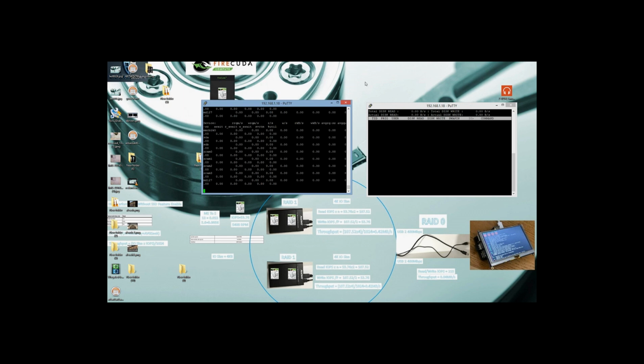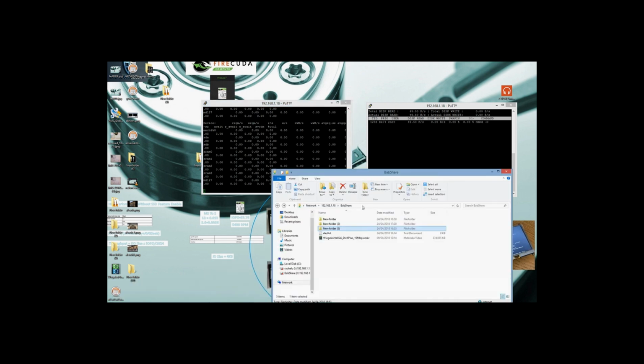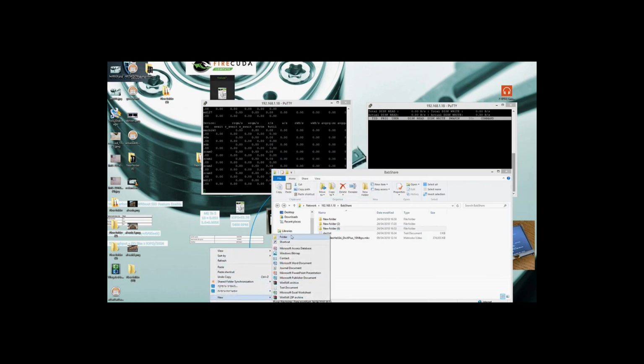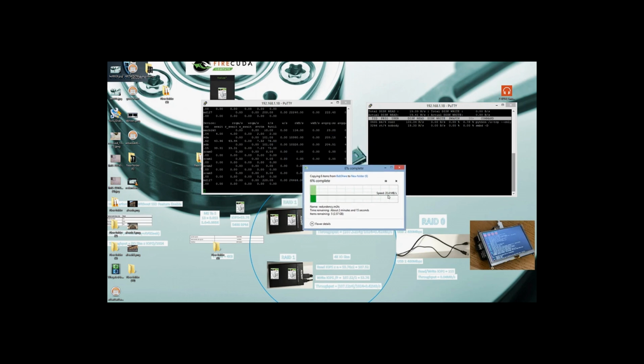Let's test our NAS server storage as we finished extracting one of its enclosure hard drives. So let's begin with the simple test: read operations from the NAS server into the desktop, Windows desktop. So let's begin. Okay. So let's take this folder and copy it. Oh, no. Okay. So as we can see, we got the same throughput value as before we extracted